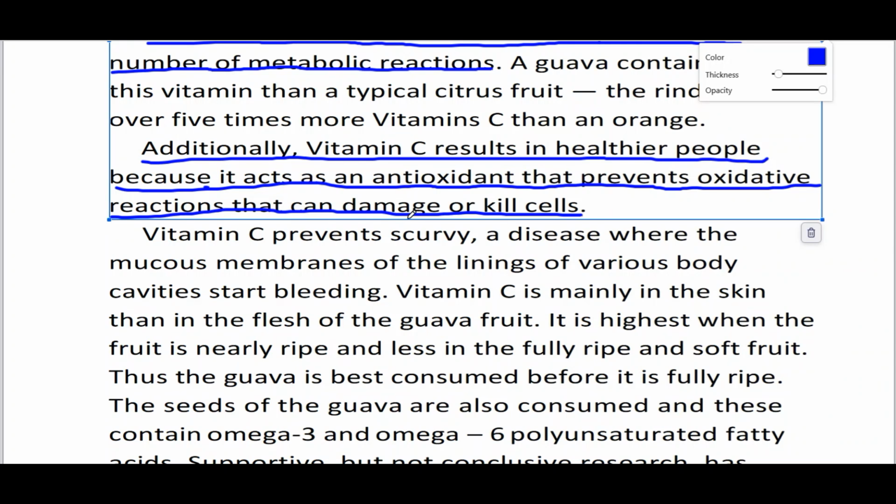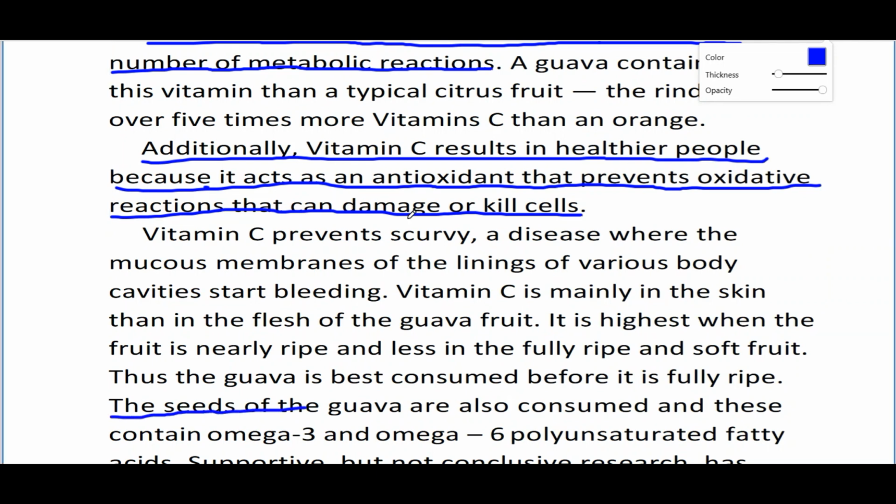Then vitamin C prevents scurvy, a disease where mucous membranes of the lining of various body cavities start bleeding. Vitamin C is mainly in the skin than in the flesh of the guava fruit. It is highest when the fruit is nearly ripe and less in the fully ripe and soft fruit. Thus, the guava is best consumed before it is fully ripe. The seeds of the guava are also consumed, and these contain